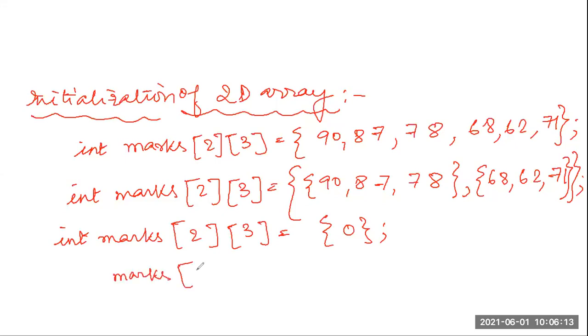Suppose in my marks 1 and 2, in this location I want to insert one value. So exactly this value will be in this location. Suppose I have declared my array as int marks[2][3]. And within this maximum size of 2 and 3, in one particular location, that is this index location for row and column, I am inputting this particular value. This also can be done. So these are the ways how, during declaration only, I am initializing my 2D arrays. But we generally don't do that.